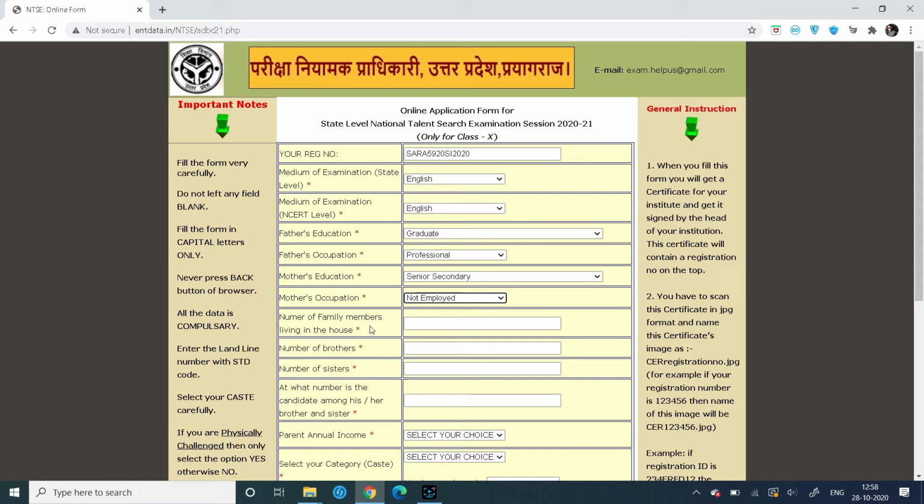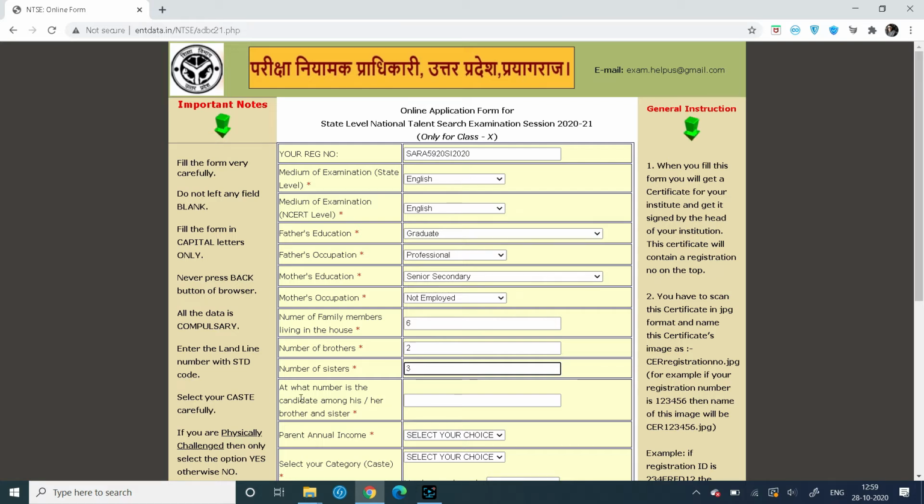Now here you will write your total family members. If there are 6 family members in your family, then you will write 6. Now number of brothers. If you have 2 brothers, then write 2. Then number of sisters.